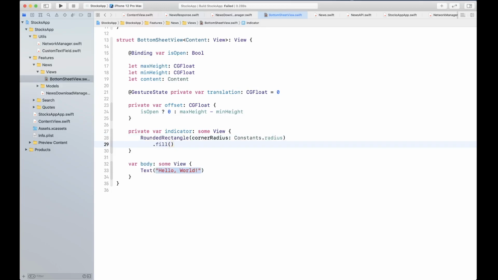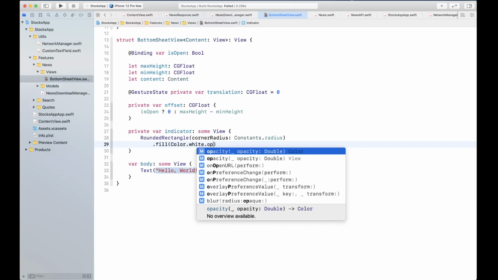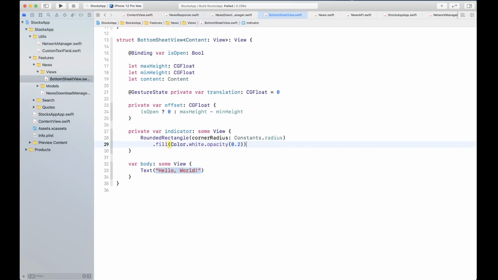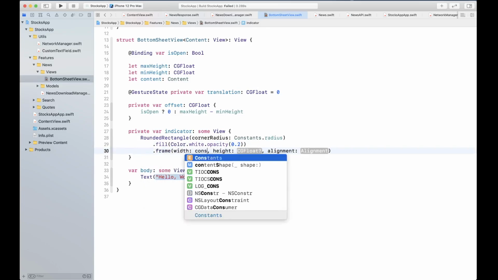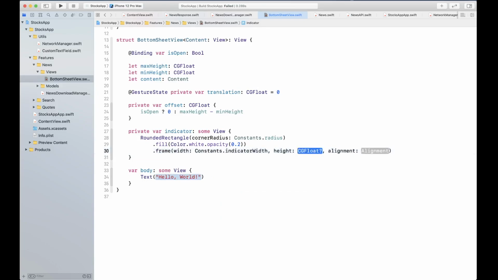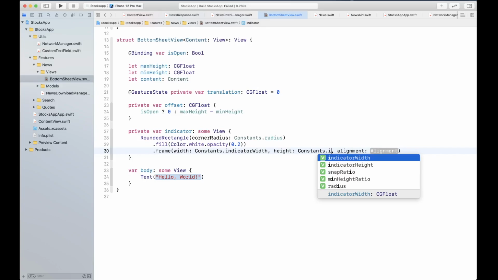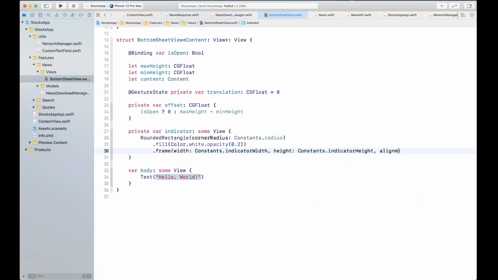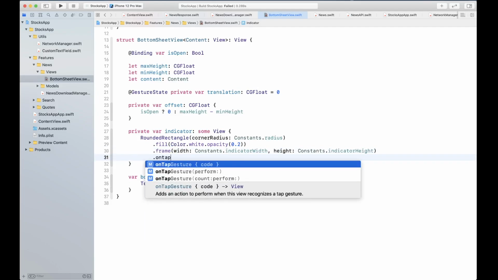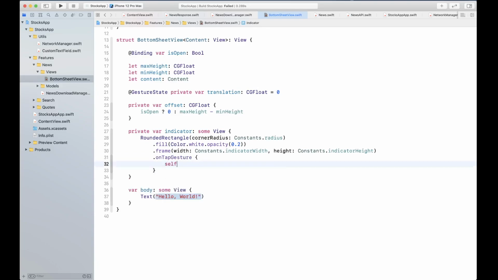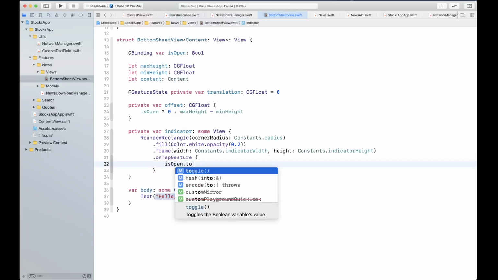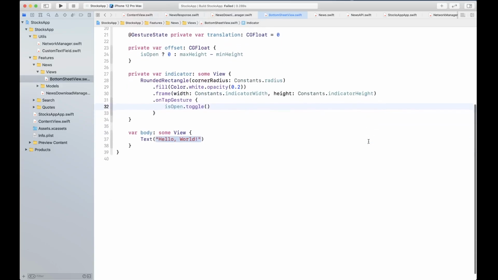We're going to give it a fill and also a frame, and we're going to have an on tap gesture on this, where we simply toggle is open.